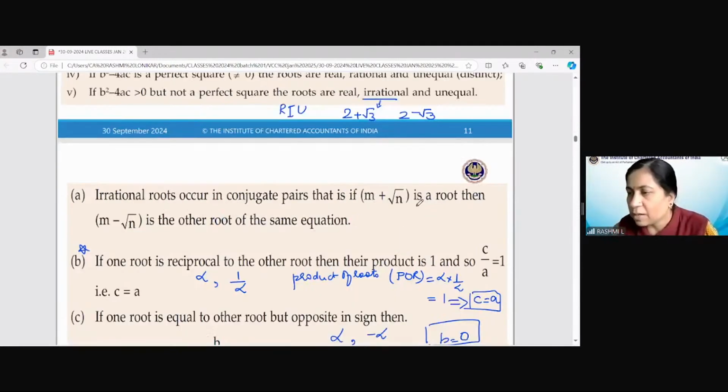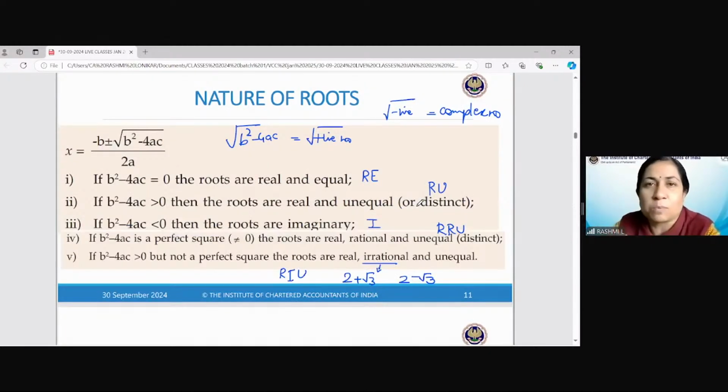So I will just repeat. What will happen? I first find out b square minus 4ac. I see whether it is positive or negative. Okay, if it is positive, then I want to see whether it is a perfect square or not. If it is a perfect square, then I get roots which are real. Okay, and what will happen when b square minus 4ac is greater than 0, that is, it is positive, but it is not a perfect square,